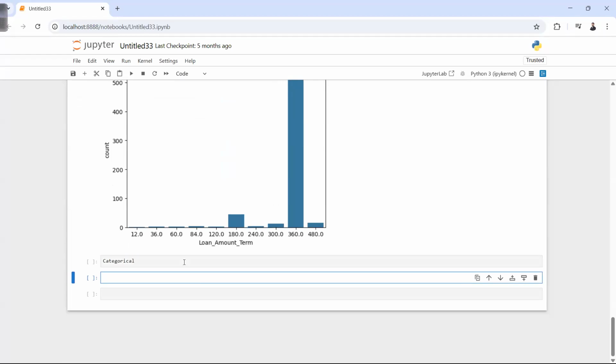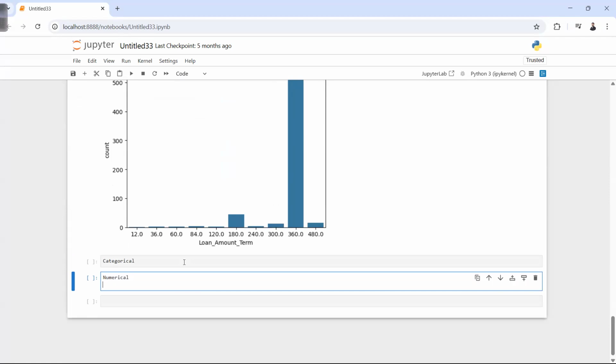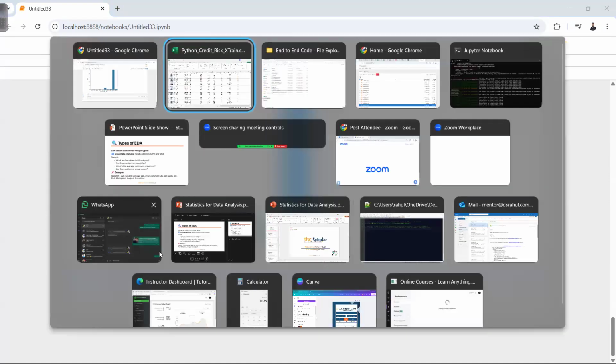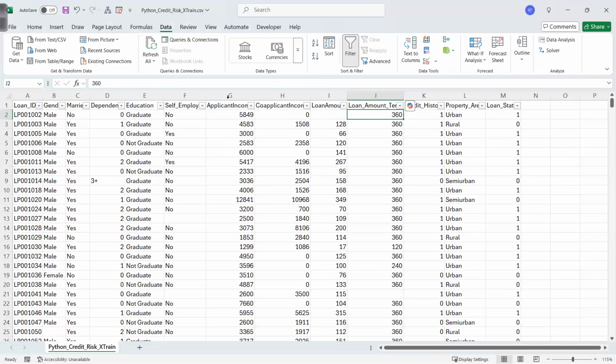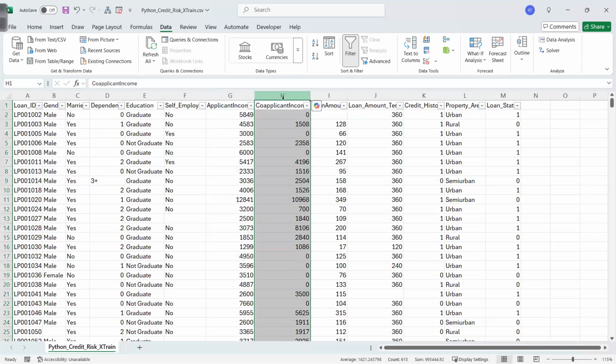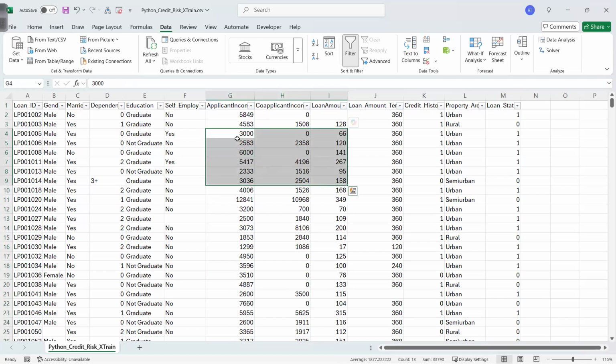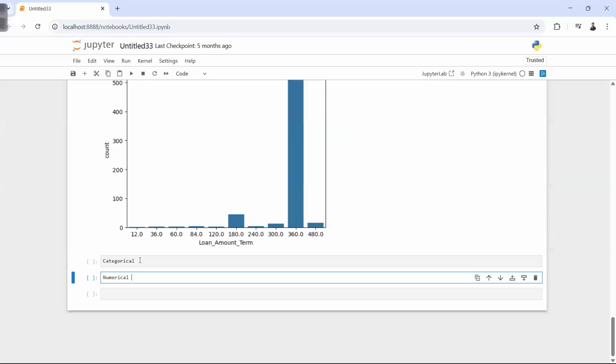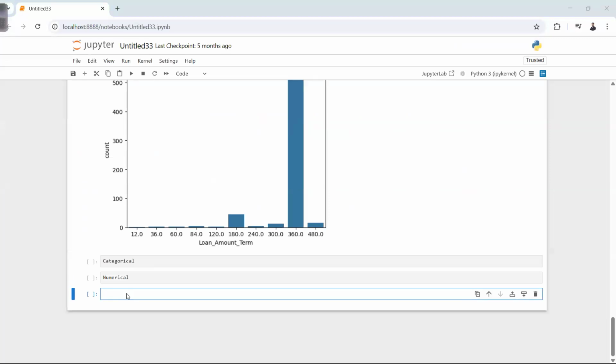Now I will be analyzing again one variable, but that will be numerical, right? And what numerical variables do we have in our data set? Applicant income, co-applicant income, and loan amount. These are the three numerical columns which I have in our data set. So let's analyze that. The chart which I am going to create, if you go back to your PPT,